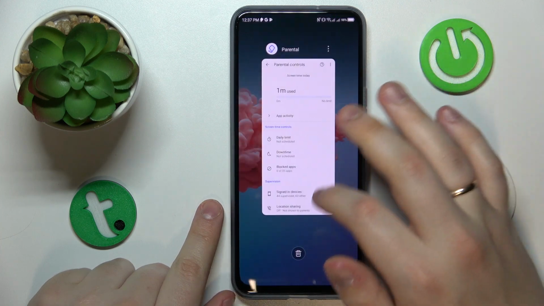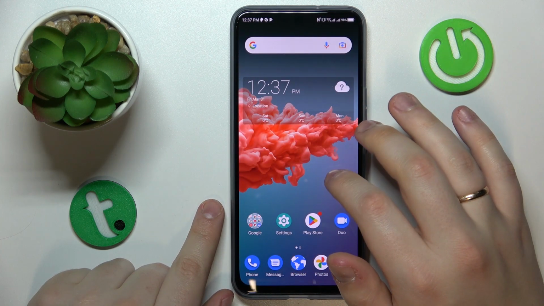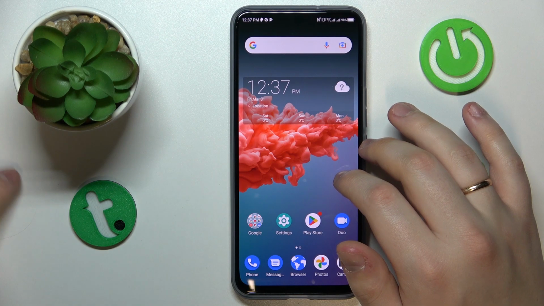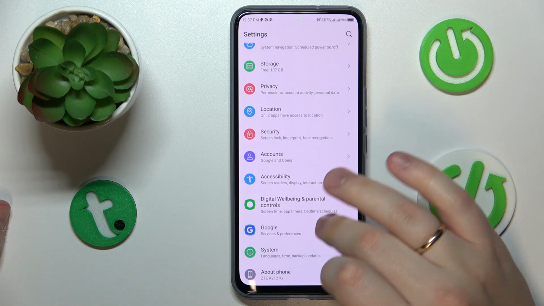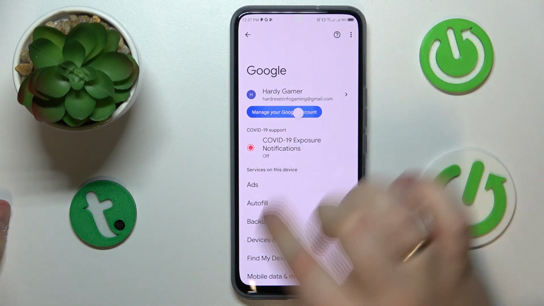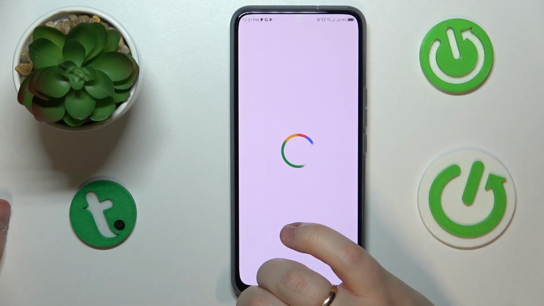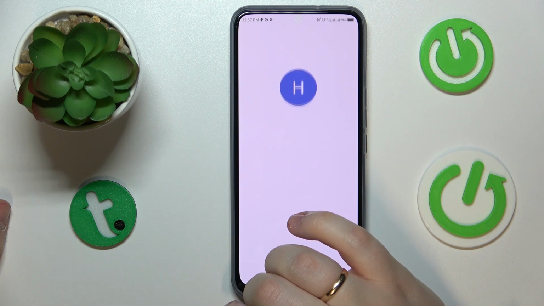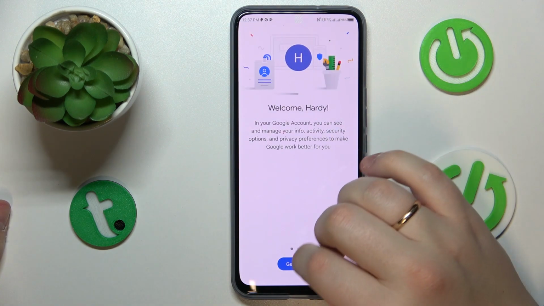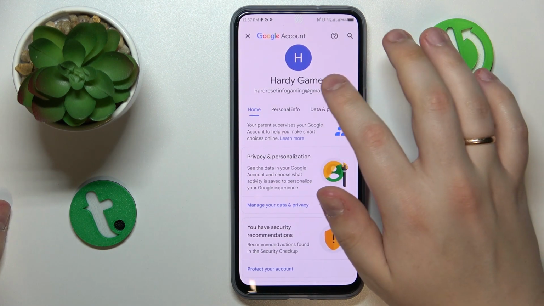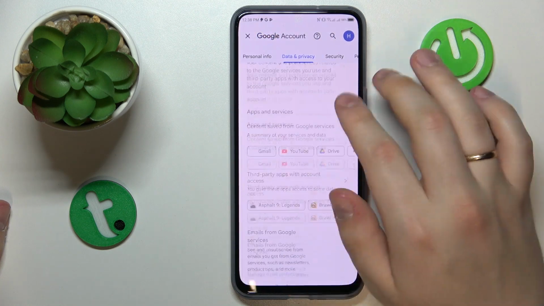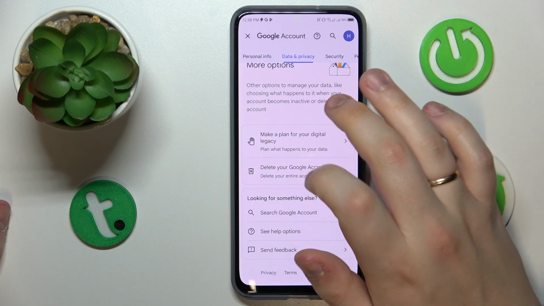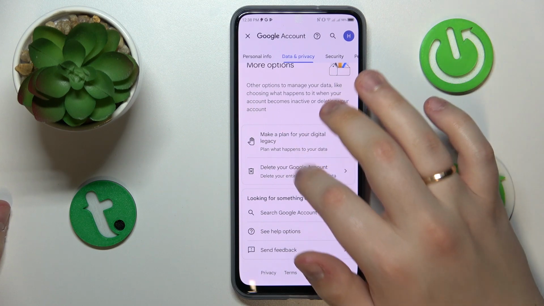So in order to turn them off without having to grant any additional parental permission or authorization, you will need to open Settings, then enter the Google category. Onwards, tap at the Manage Your Google Account button. Next order of business is to open the Data and Privacy page. Then go all the way to the bottom of it, and in here tap at the Delete Your Google Account